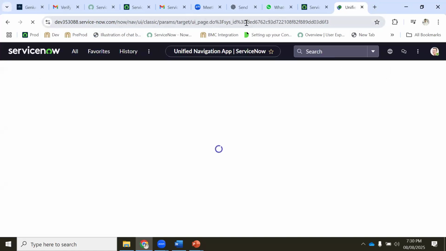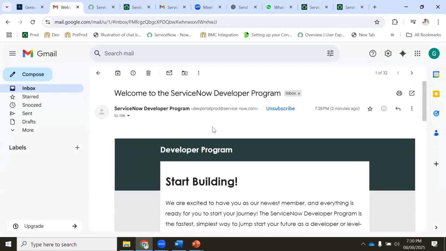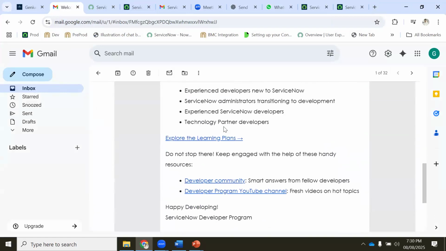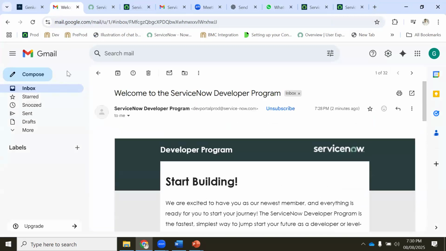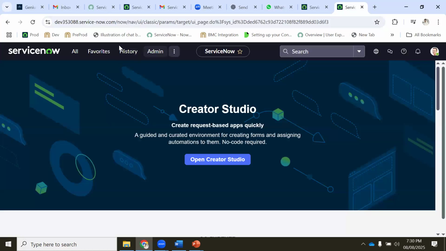Okay. This has a password and all those things. You see here, this is having a password. You got the password automatically in your mail, correct? So here you got an email that this is your personal instance and so on, correct. Now you have this instance ready. So where will you be doing practice? This is a ServiceNow instance. From today onwards, we will be working on this instance, correct?